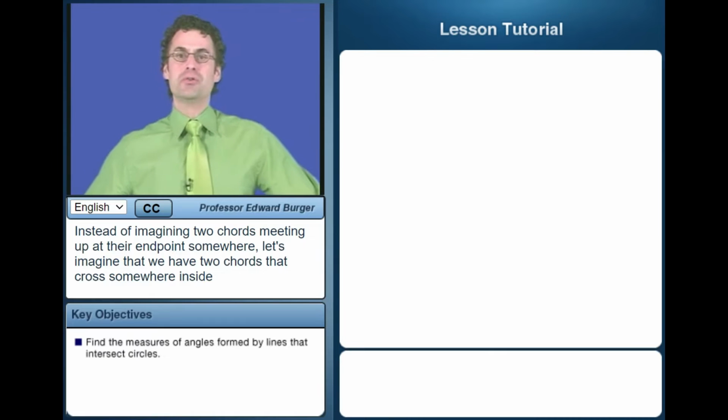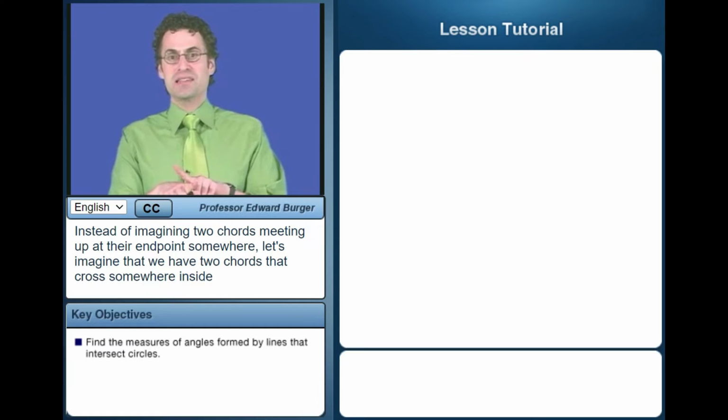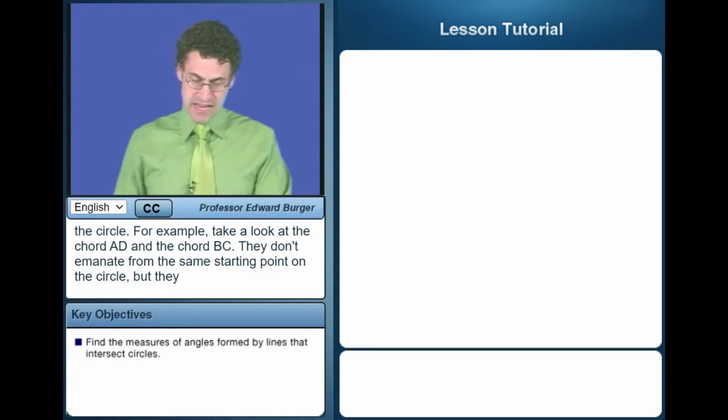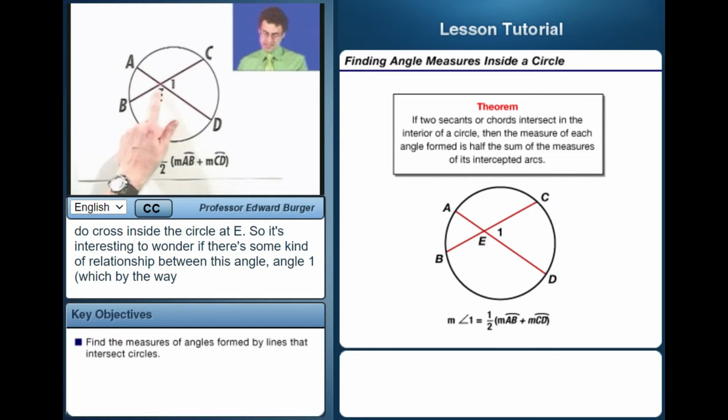Instead of imagining two chords meeting up at their endpoint somewhere, let's imagine that we have two chords that just cross somewhere inside the circle. For example, take a look at the chord AD and the chord BC. Well, they don't actually emanate from the same starting point on the circle, but they do cross inside the circle at E. And so it's interesting to wonder if there's some kind of relationship between this angle, angle